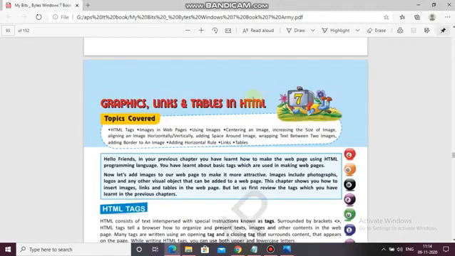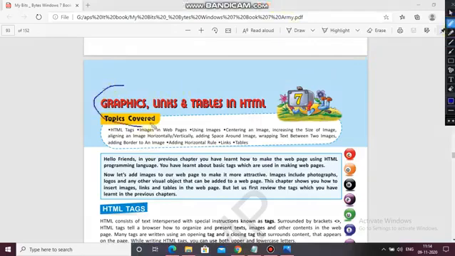graphics, links and tables in HTML. Okay, here you can see these three topics: graphics, links and tables in HTML.